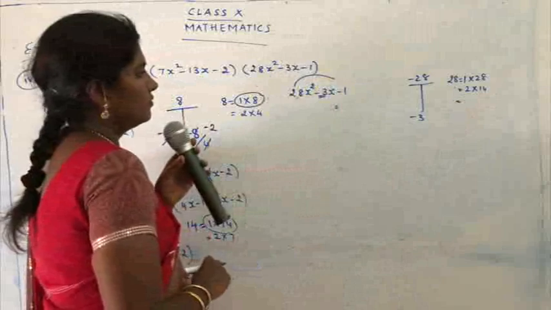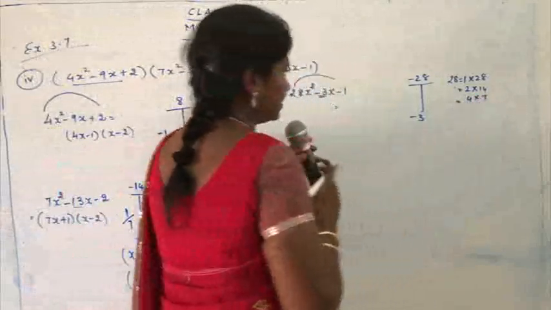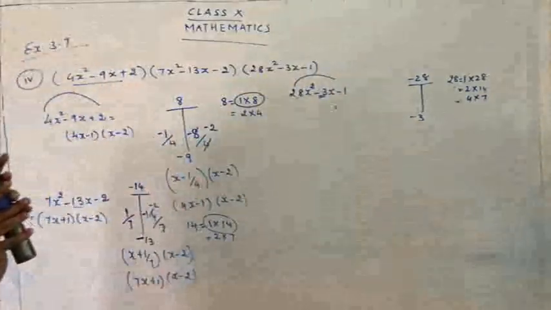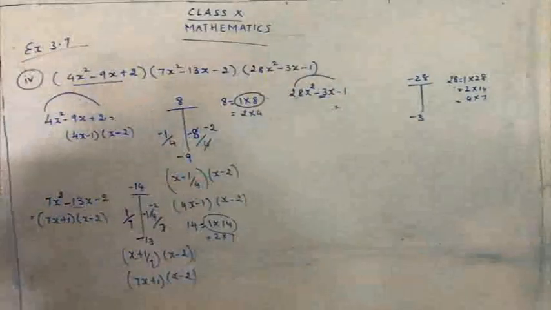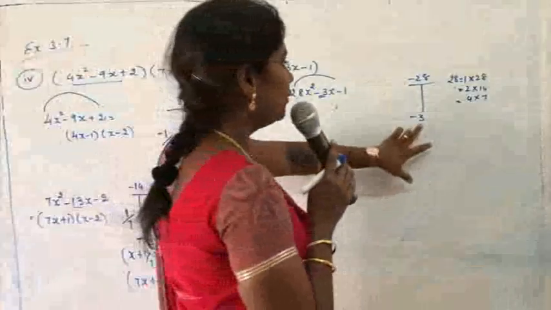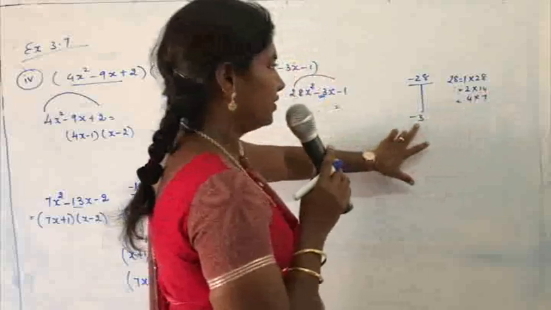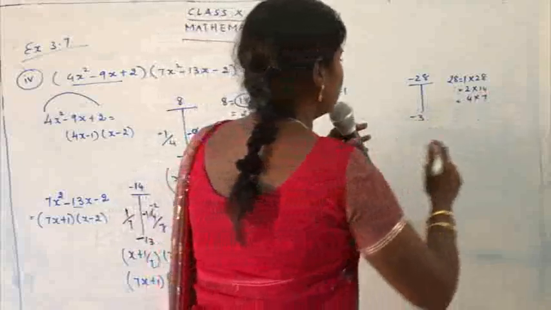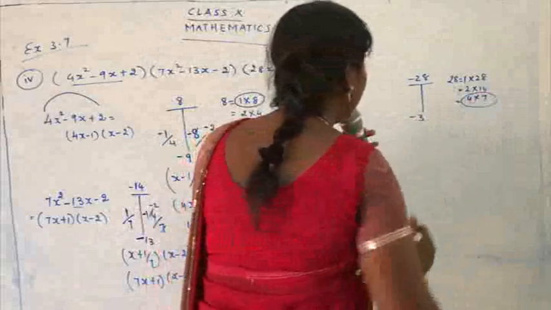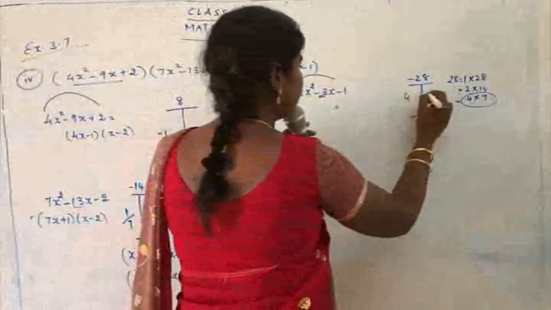Yes. So we have to go for 4. 4 7s are 28. So let's stop over here and now let's try to place the proper combination. If I take 1 and 28, I don't get the number 3. Similarly, if I take 2 and 14, again I'm not going to get 3. But if I take 4 and 7, I will get the answer 3. So you have to just fill here 4 and 7.